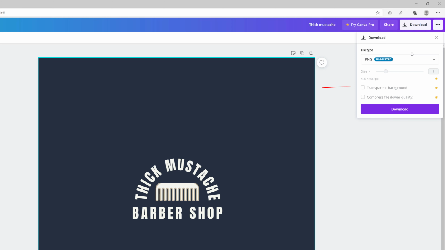When it comes to the background transparency, a free way to get around this limitation is to set the same color for the logo's background and the background of the site's header. But if this method doesn't suit you, unfortunately, the only way is to sign up for Canva Premium. Thankfully, it's free for the first 30 days, and you can cancel it anytime during this period. As for the file type, I recommend you to choose PNG, but you are free to choose any of them.